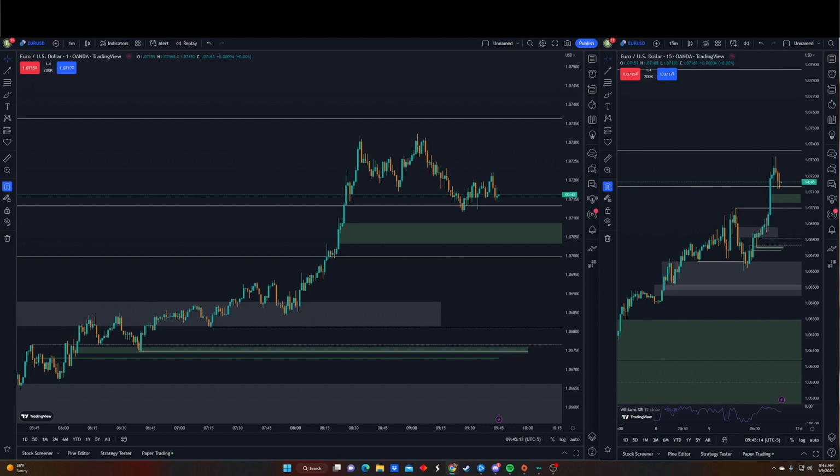I would have definitely exited my longs by now if I got in down here, which still would have been a good trade. Obviously, we weren't in, so